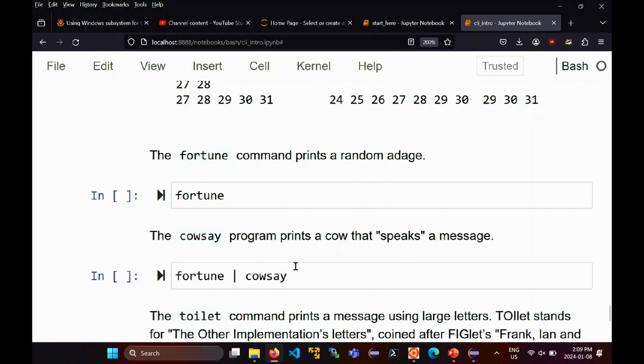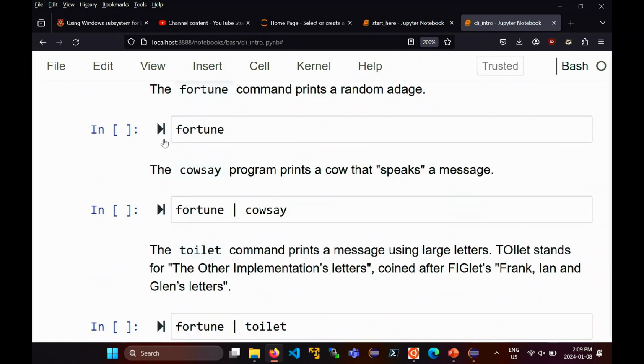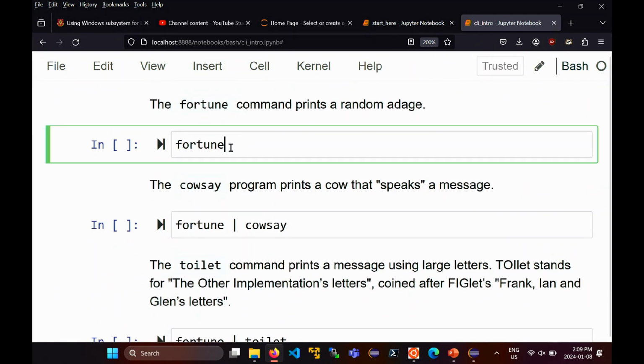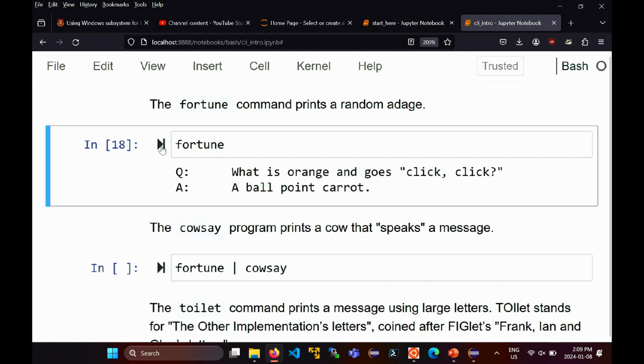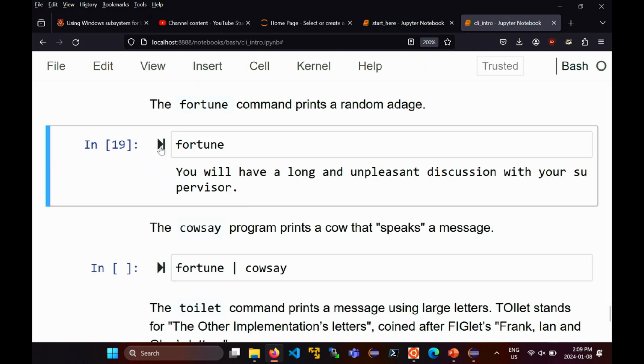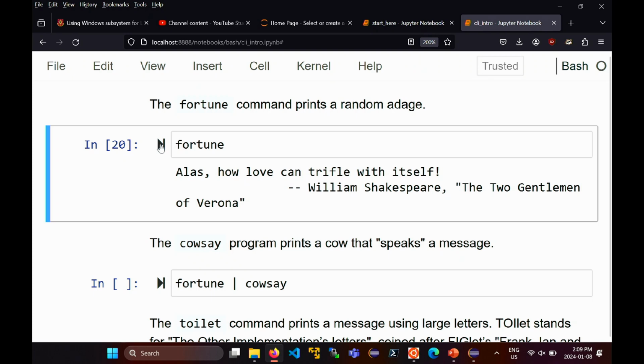But, okay, so now just some silly stuff. There's a command called fortune that may or may not be installed on your computer. Fortune just prints out a random saying, so every time you run this, it's going to give you something different. Sometimes the sayings are humorous, sometimes they are meaningful, sometimes they're rude. I don't remember if I have that installed on here or not. But every time you run this, you'll get a different one. One more time. Oh, this time you get a quote from William Shakespeare.